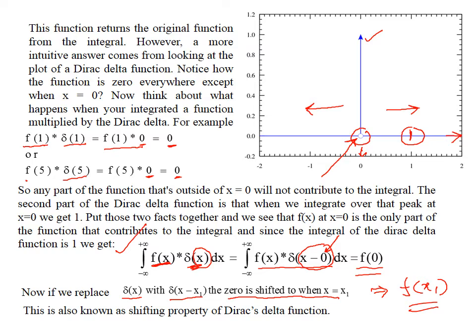Similarly, if I choose some point 5 or some point 2 ahead of this graph, the same results come. Delta 5 is 0, therefore f of 5 is 0. That means this function is not going to fetch us any value lower than its limit and higher than its limit. It will only fetch us a value at the desired point where it is 0.